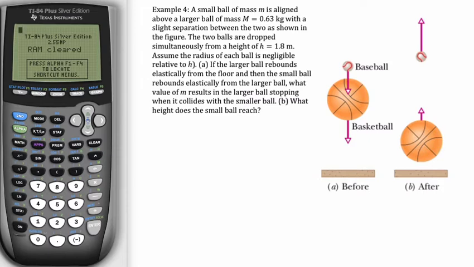So in part A, we're asked if the larger ball rebounds elastically from the floor and then the small ball rebounds elastically from the larger ball, what value of m results in the larger ball stopping when it collides? Okay, so we're going to have a collision between the downward moving baseball and the upward moving basketball. All right, so let's think about what we need here then. So we're going to need kinematics